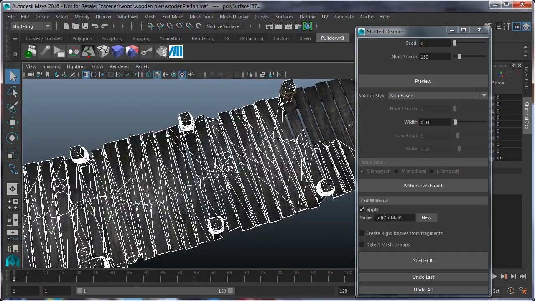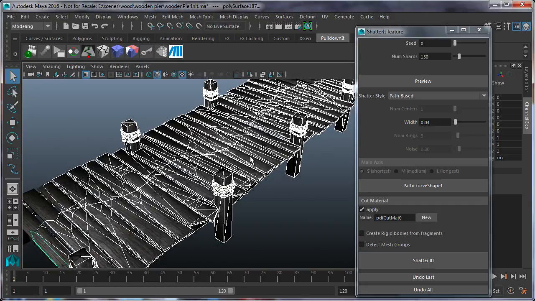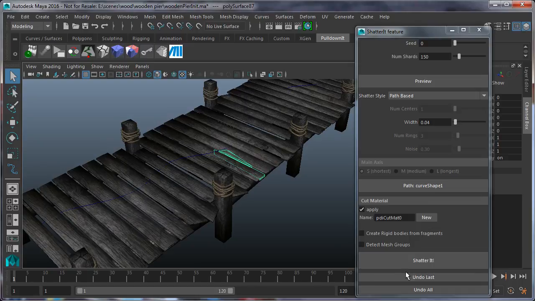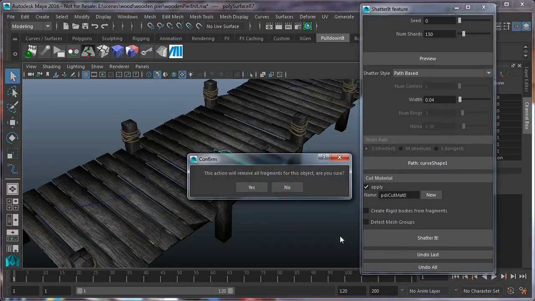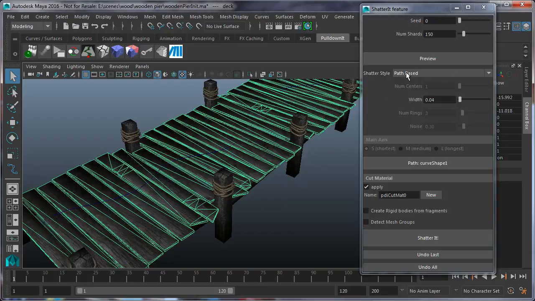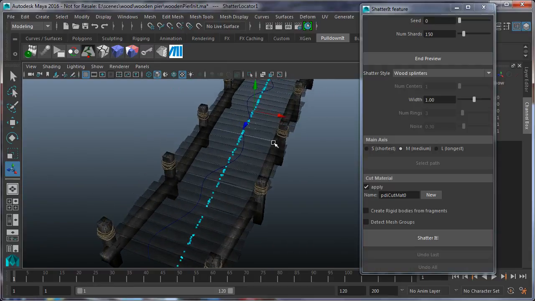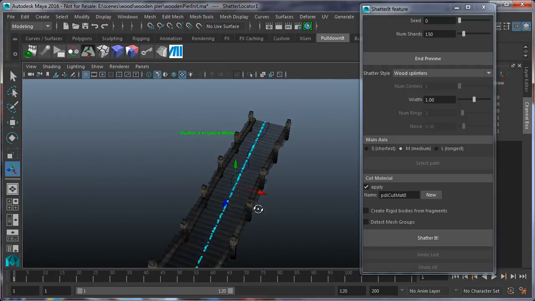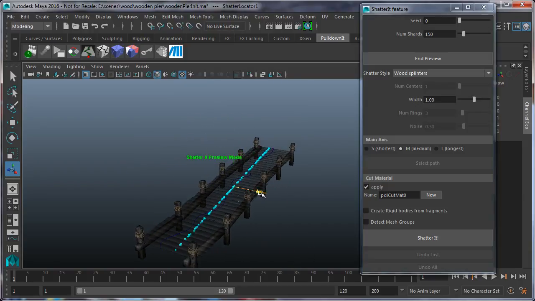If you want to shatter in the shape of wood splinters, you should use the wood splinter shatter style. So let's undo all and let's start again, choosing wood splinter shatter style for our model. On preview, this is our cloud. Okay, it is pretty good, but we can